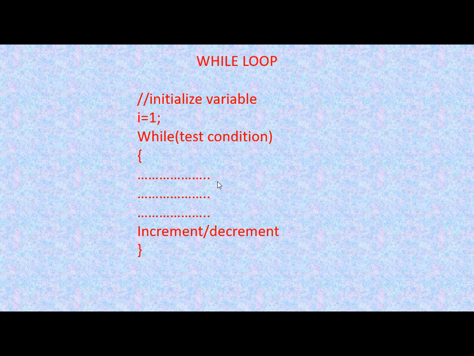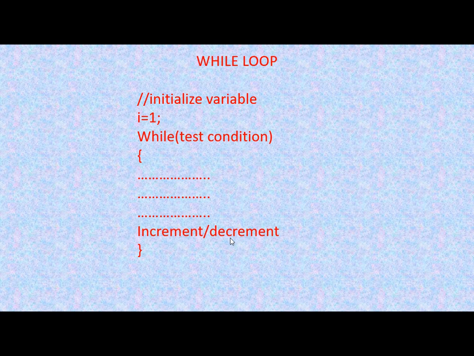As we remember, in for loop all those three things were written inside the for statement itself, but here we see that initialization is done before the loop starts. So here is the loop, the while loop will start over here, and here the test condition will be there. This loop will be executed only when this test condition is satisfied. Once the test condition is satisfied, all the statements inside this while loop will be executed, and then before this loop closes, here we have the increment or decrement value. So this is all about while loop.